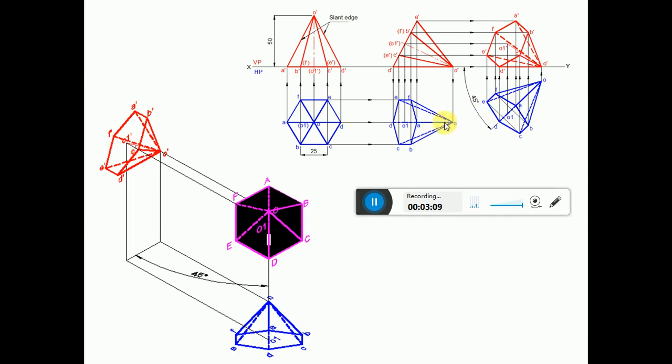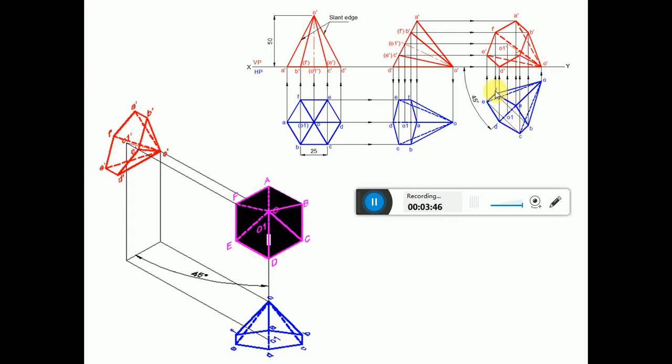Similarly, from O to this point you measure using the compass. From O you transfer it onto the OD line here to get this point. Since BF is perpendicular to OD, from this point by using the protractor you measure an angle of 90 degrees and then draw a perpendicular line to that inclined line OD. Then by using the compass you measure the distance from this point to B and also from this point to F. Then from the same point here cut an arc on this side to get this point B, and also from this point cut an arc on this side to get this point F, and name them B and F.